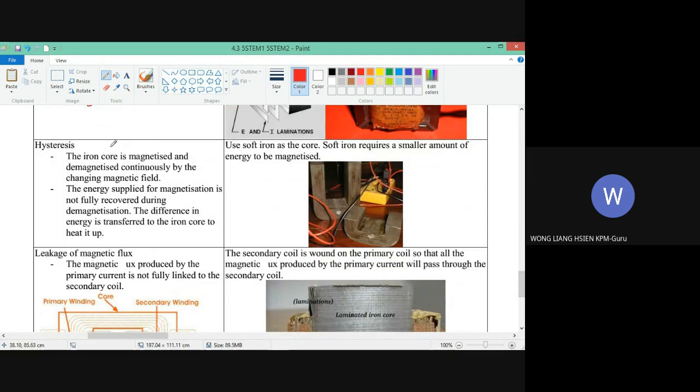Hysteresis. Okay, sorry. Hysteresis is, you see, the iron core is magnetized and demagnetized continuously by the changing magnetic field. The energy supplied for magnetization is not fully recovered during demagnetization. The difference in energy is transferred to the iron core to heat it up. So we call this hysteresis. Okay, basically what happens is, you see,